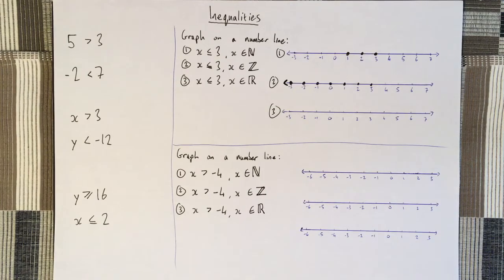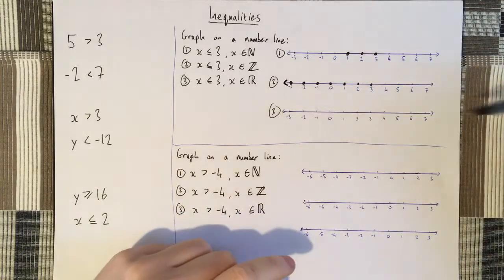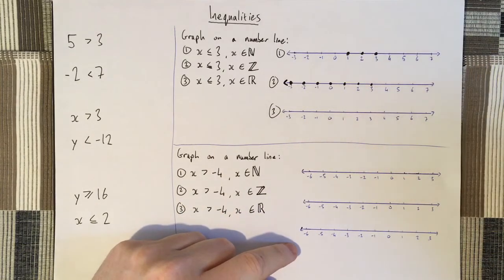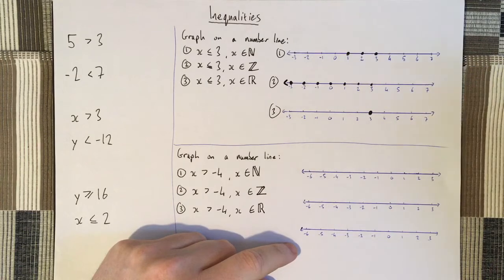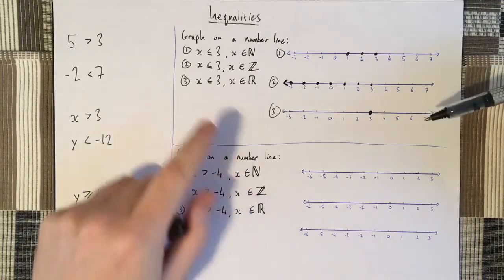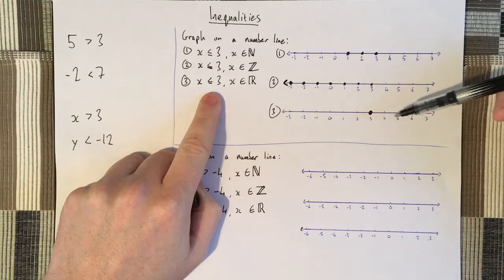for real numbers. Okay, so real numbers now include all the numbers between the whole numbers, so all the fractions and all the decimals. Okay, so x is less than or equal to 3. So I suppose, what's the furthest to the right this is going to go on my number line? The furthest it's going to go to the right is 3. Anything further to the right there is greater than 3